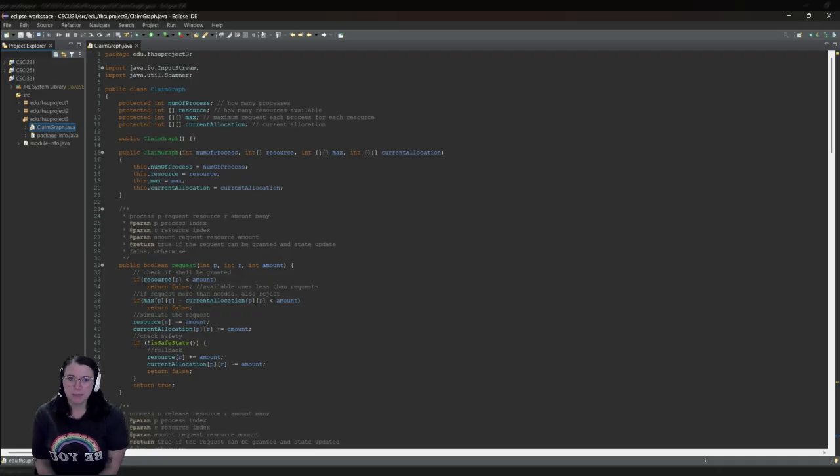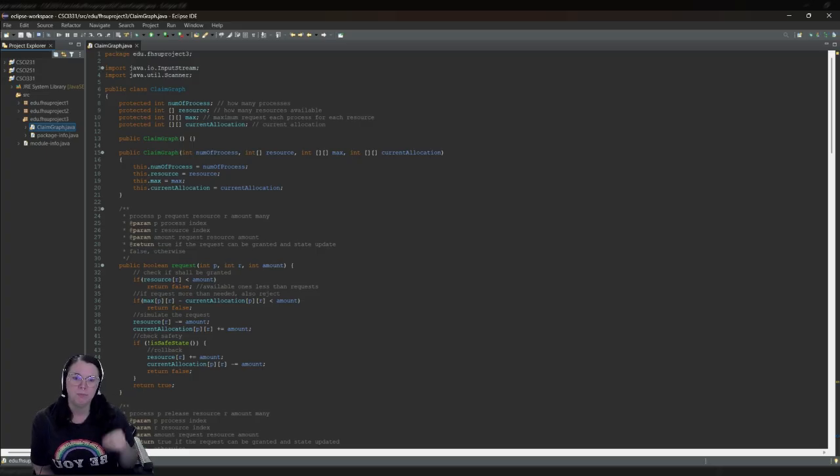This program begins by prompting the user to enter the number of processes and resources, followed by the total units of each resource, the maximum claims for each process, and the current allocation. So when a process requests resources, the program will check if the request is within the process's declared maximum, if there are enough resources available, and then if granting the request leaves the system in a